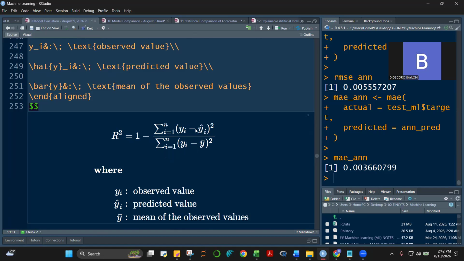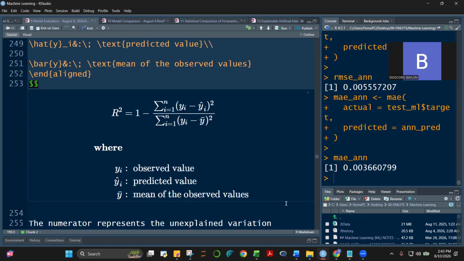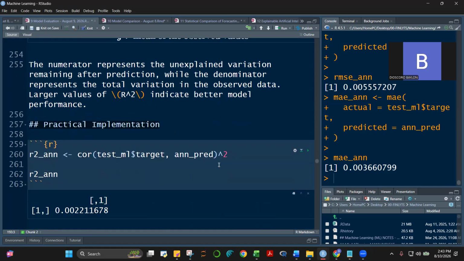This is your unexplained variation, because this is the residual, this is the error. This is what cannot be explained by your model. So 1 minus your unexplained variance will be your explained variance. So that's why the higher the R squared, the better. Okay. All right.